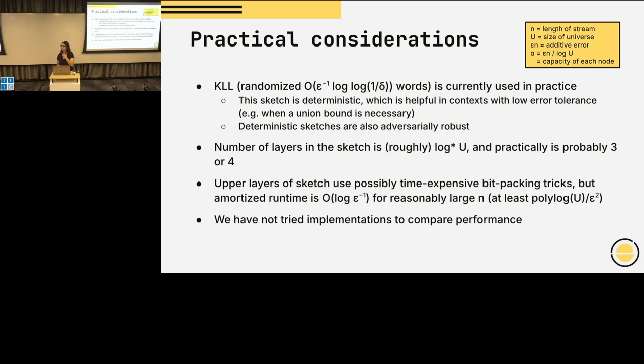Actually, here's a question. One kind of thing you might imagine is the query is going to be 2 elements, and I want to know approximately how much stuff was between those 2. So you could sort of answer that up to this additive epsilon n. But that might give a boring answer if I want to know, were these adjacent? You hope to get some relative answer. You want the answer to depend on D, not on how far they actually were. Maybe they really were only a couple of things in the stream between them.